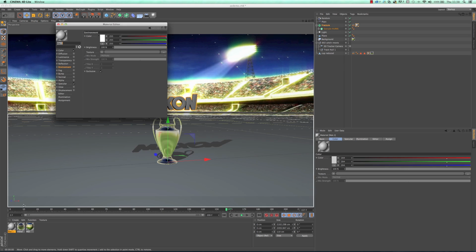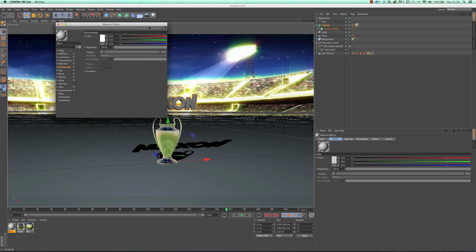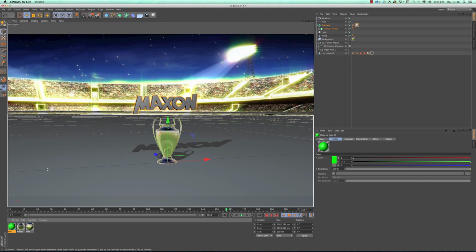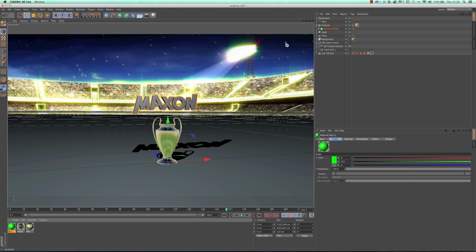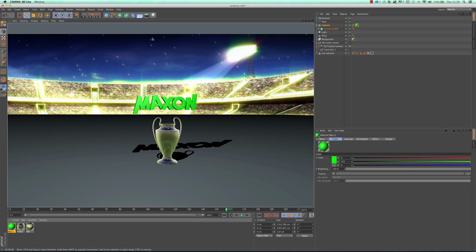Create a new material from scratch, and the nice thing about the material manager is you can do things like change the colors. You can work in RGB, you can work in HSV, color tables, that sort of thing. So for example, I could choose a green like so, and then drag and drop that onto my object. I had a material on there before, which you can see there, and then I deleted it, which is why I've still got the tag. So I'll just drag and drop that onto there, and then I have colored text. So it's that quick and easy to create a color. So just showing you that.